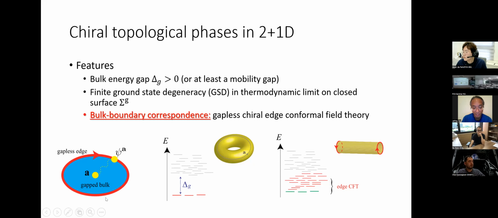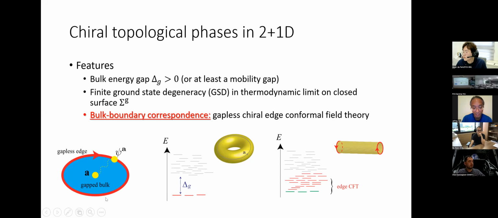In these cases, there will be gapless chiral modes that run along the boundary. So for example, on the left case, there's a chiral conformal field theory that runs along the boundary of the disk. And here on the cylindrical geometry, there's going to be the left and the right boundaries, both of which contain some boundary modes. So in this case, the energy diagram looks quite different.